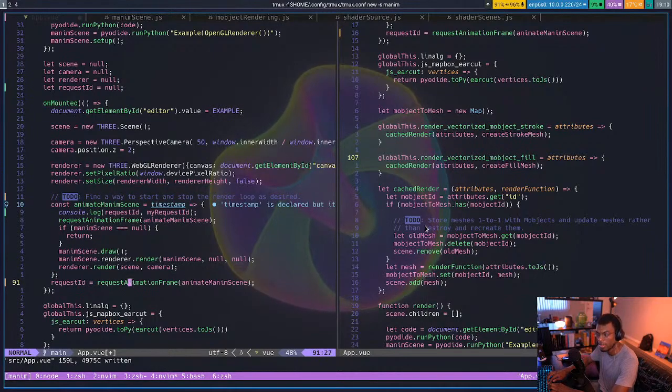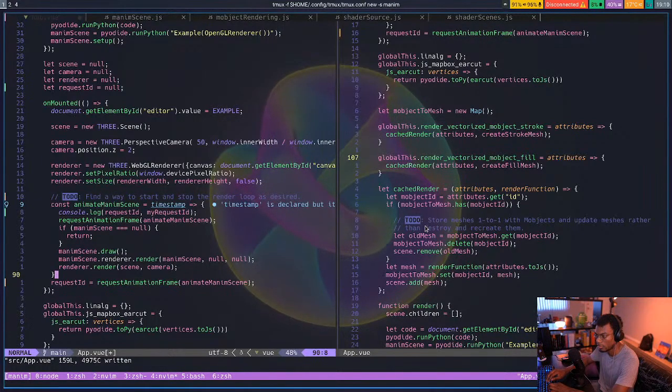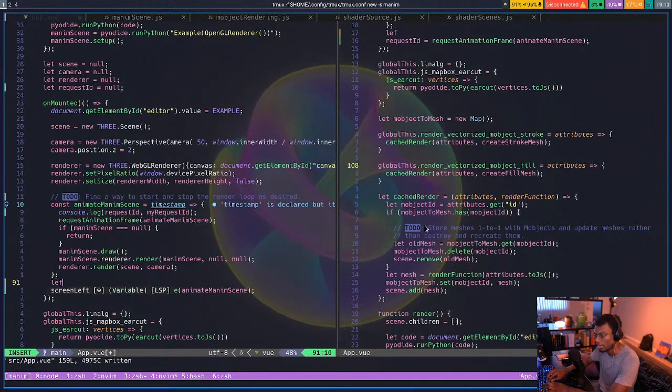But what I guess I'd want to do is like let generate render function